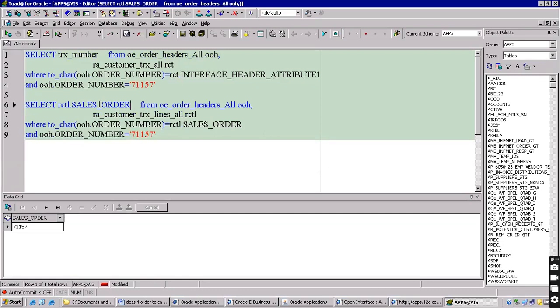Table is changed, join is also changed. If it is at header level, it is interface header attribute 1. If it is at line level, the column name is sales order. We are combining two module tables here. Okay. Now,